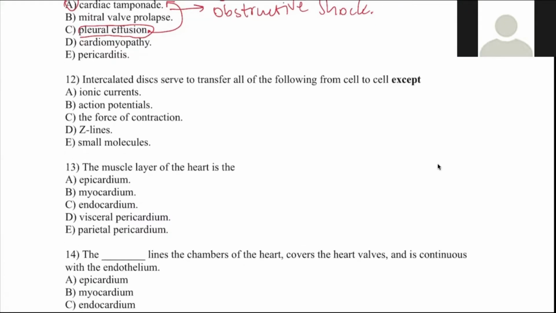Intercalated discs serve to transfer all the following from cell to cell except